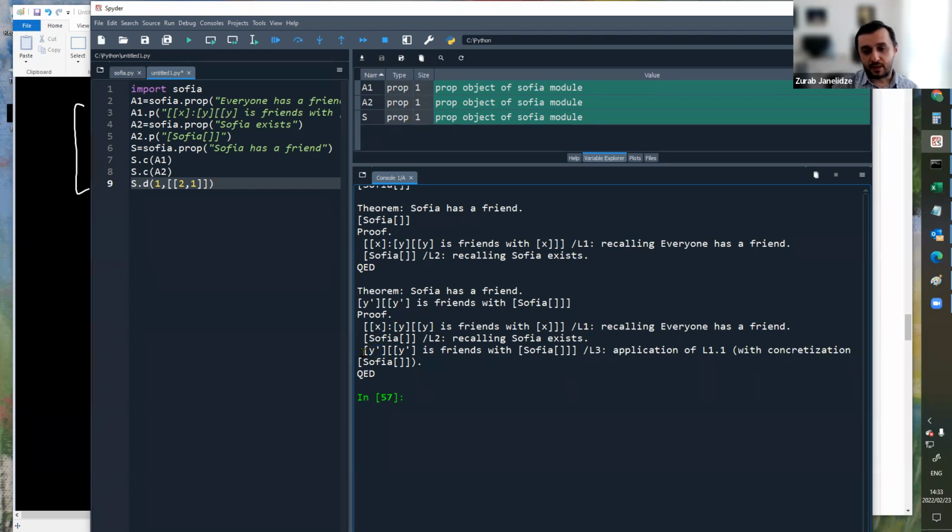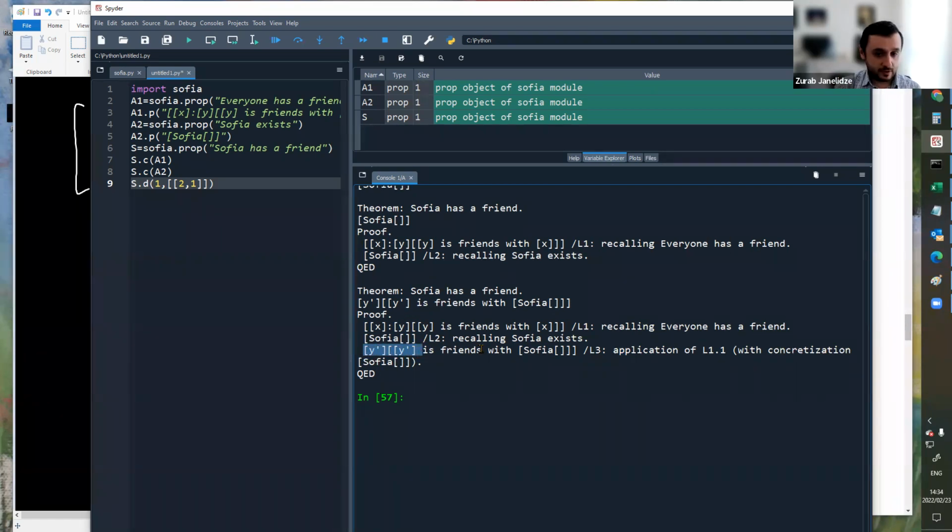Okay, that completes the discussion of this proof, because we've now proved what we wanted. And so this last line we get is exactly the statement of the theorem. And the reason for this is because when the proof ends with a line that doesn't have any assumption depth in it, so there was no assumption introduced in this proof, so assumption depth has been 0 all the time, then in that case, the last line of the proof is considered as the statement of the theorem as well.